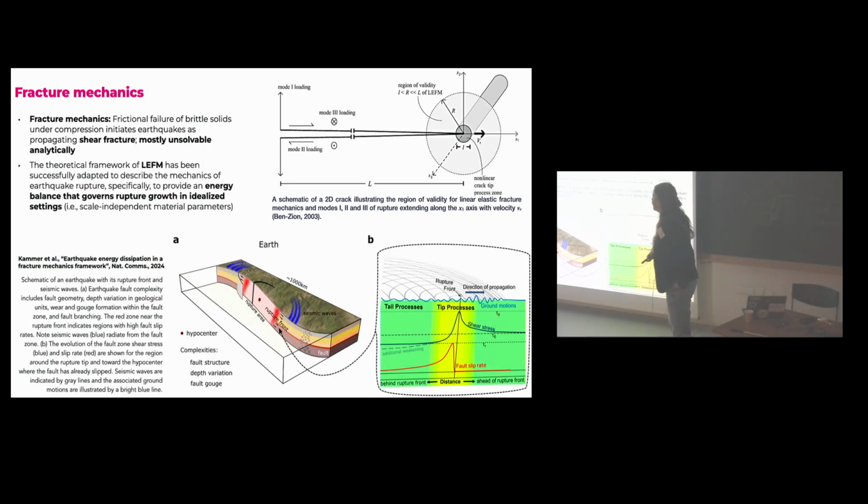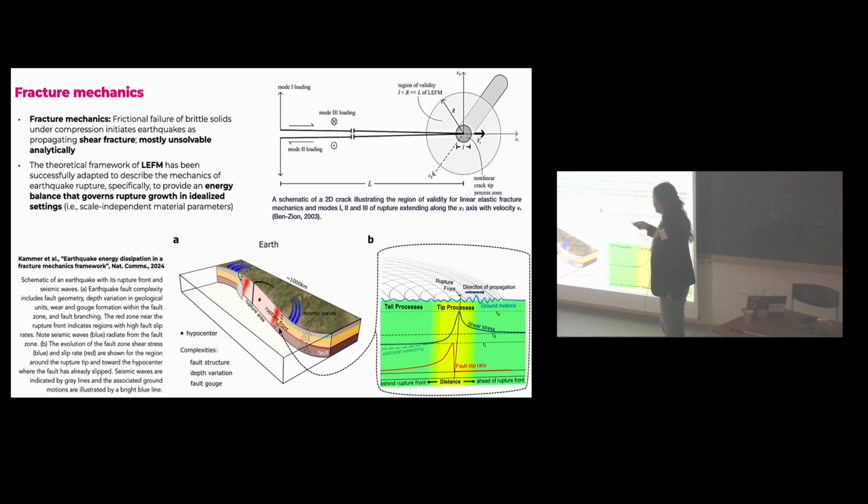However, the theoretical framework of linear elastic fracture mechanics has been very successful. We've seen a couple of examples throughout the school so far. One of the aspects that I will touch upon today is that it has been adapted to describe an energy balance that governs how earthquake rupture grows in idealized settings. And traditionally in LEFM, we consider that all material parameters are given and they're scale independent. And that in turn also means that fracture energy should be scale independent, and I'll explain that again in more